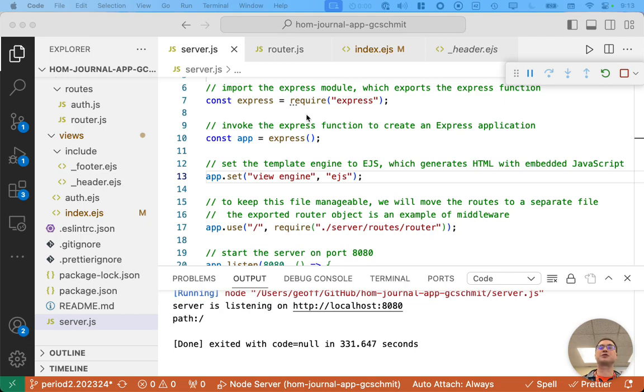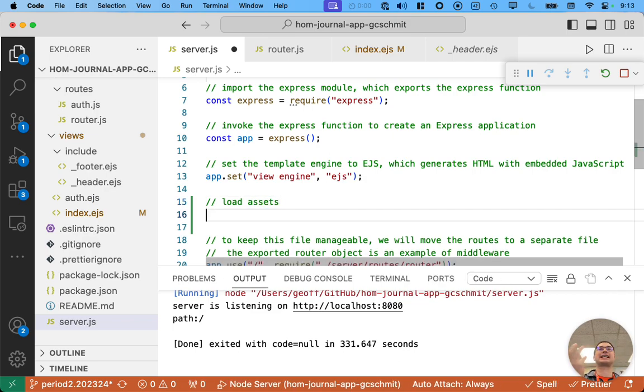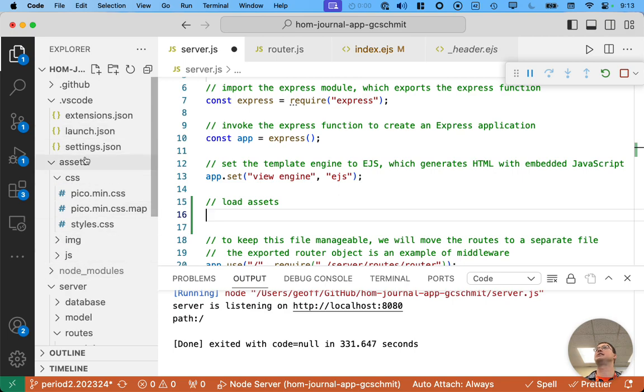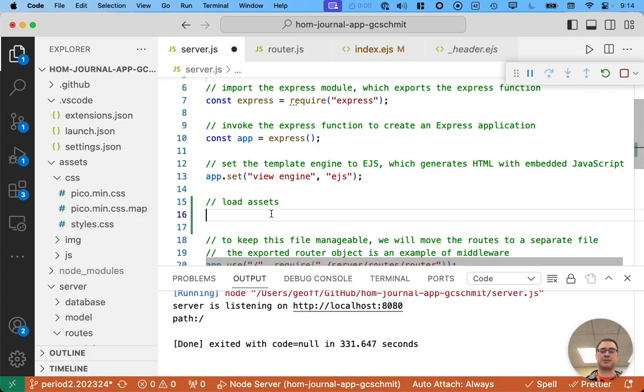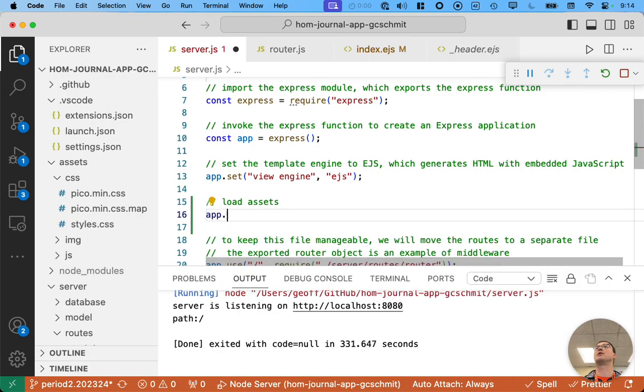And after we set our view engine, we then are going to load what are called our assets. Our assets are static things like style sheets, images, client-side JavaScript code. We keep all of them in a folder called assets. You may remember from a couple days ago, this was all annotated with like, hey, this is all the stuff that lives in the client. We just need to tell our Express application, hey, we're going to add some middleware. So app.use,